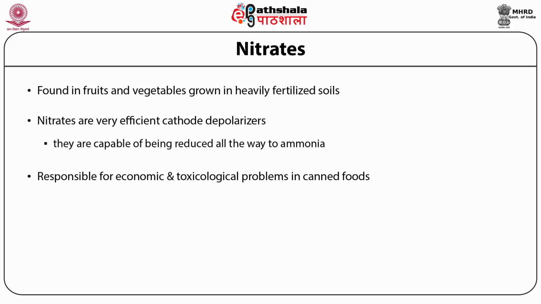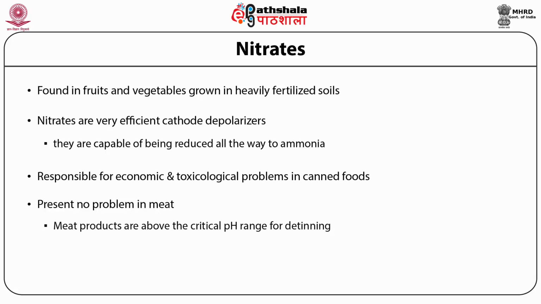Although nitrates and nitrites are also present as intentional additives in processed meats, they present no problem. This is because meat products are above the critical pH of 5.5 for detinning to occur via the nitrate tin reduction system. The reduction of 60 mg of nitrate could account for dissolution of 470 mg of tin. A tin coating of 11.2 GSM may be dissolved completely within 6 months by tomatoes containing 100 mg per kg